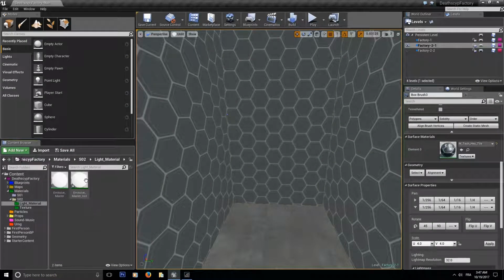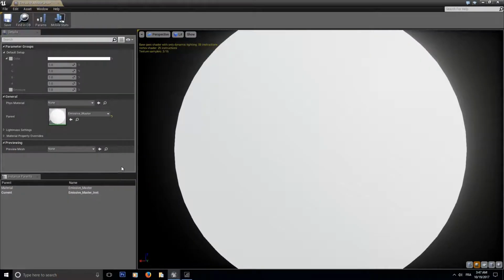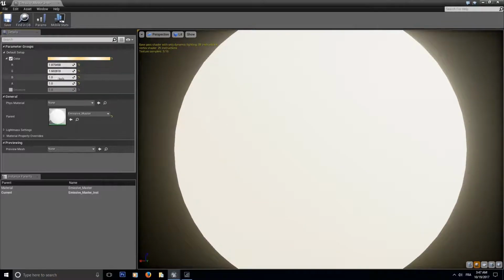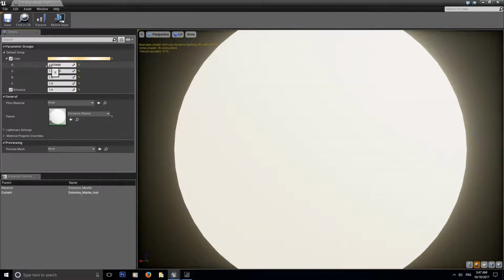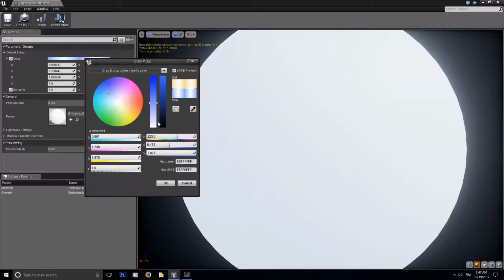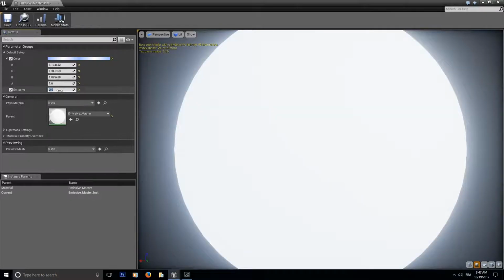So now if you go inside your material instance that we created before, you can now play with the color, and you can play with the emissive, how much brightness you want. You see, it's like a sun right now. It's killing me. So I'm going to make a light blue. Also, you can click in here if you want to make it easier. You can go here, grab a light blue, click OK, and if you want it a little bit brighter, like that,